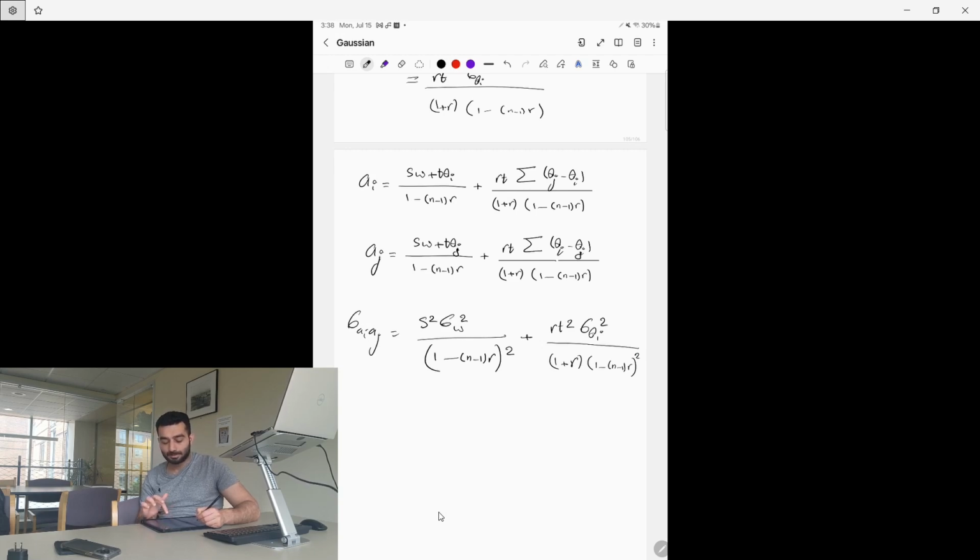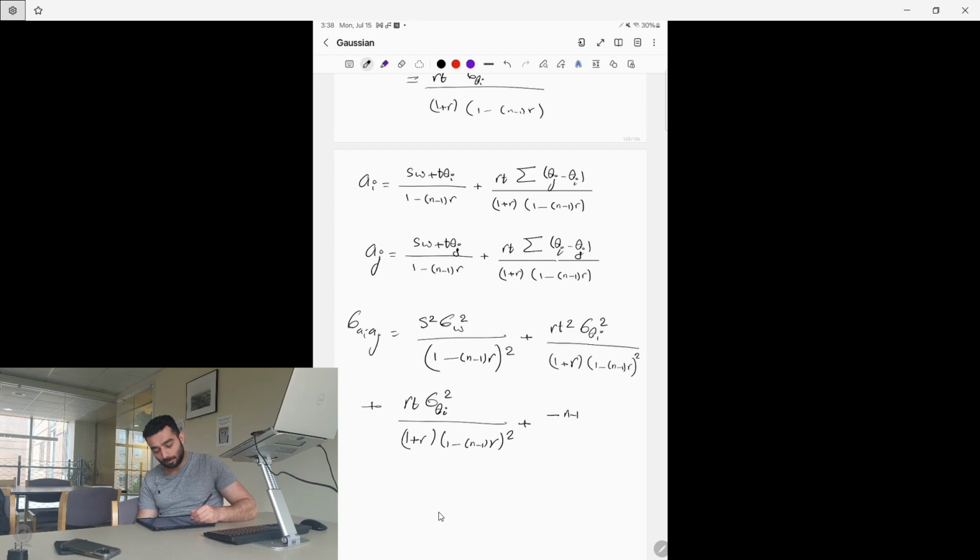These theta j's, one of them has with the aj plus, similarly rt sigma theta j squared, which is theta I squared over 1 plus r times 1 minus n minus 1 r squared. And we also have a theta I here minus, oh, we have a lot of them, which are multiplying only by one of them, plus